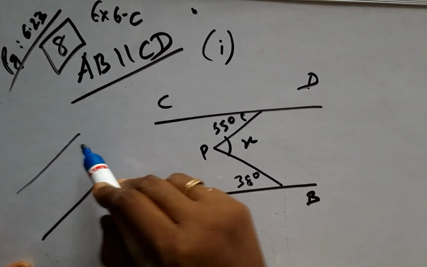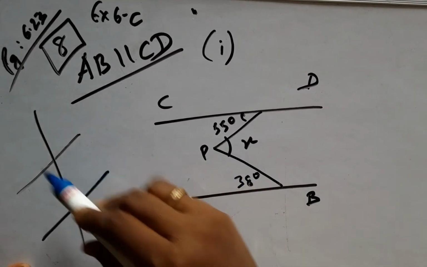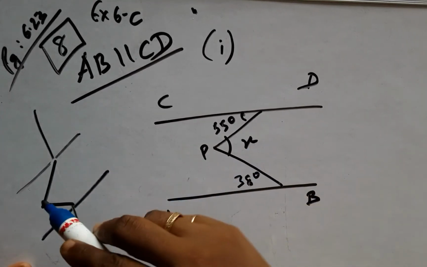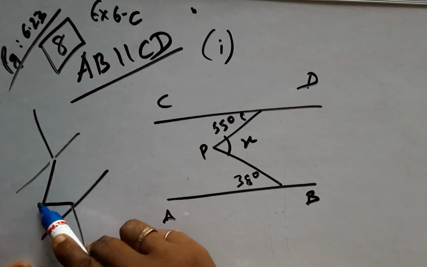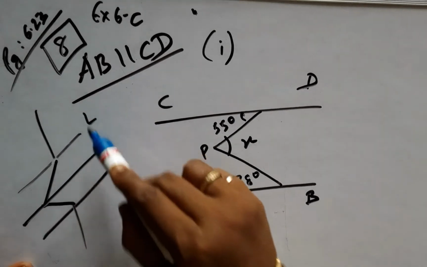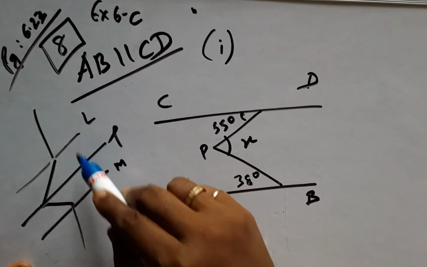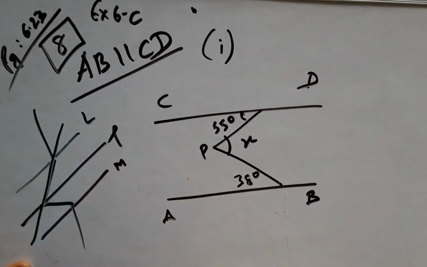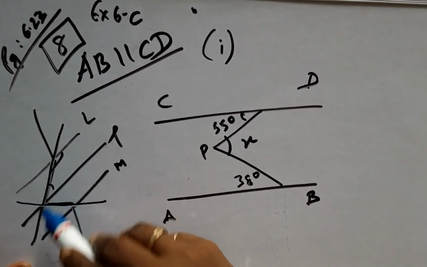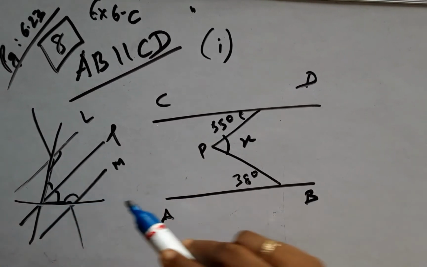You can see that for a pair of parallel lines, the transversal is always a straight line, but here it is tweaked and it makes an angle, and an angle is never allowed to follow any set of rules for the given parallel lines. But if we are able to make this a straight line in between two parallel lines by adding another parallel line which is parallel to L as well as M, then these three are mutually parallel, and now this becomes one transversal and this will become another transversal, and again the rules will be as usual for any given pair of parallel lines with a straight transversal.